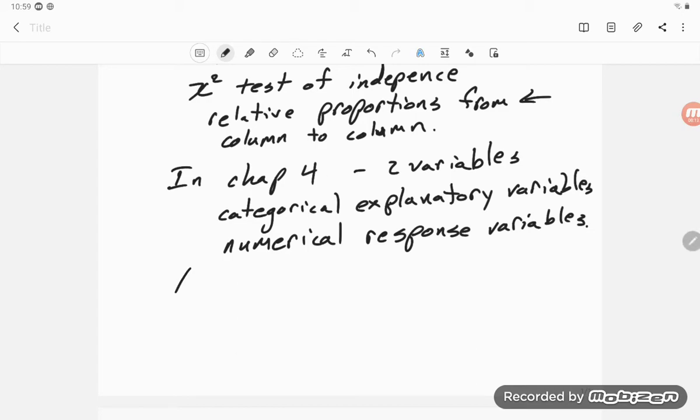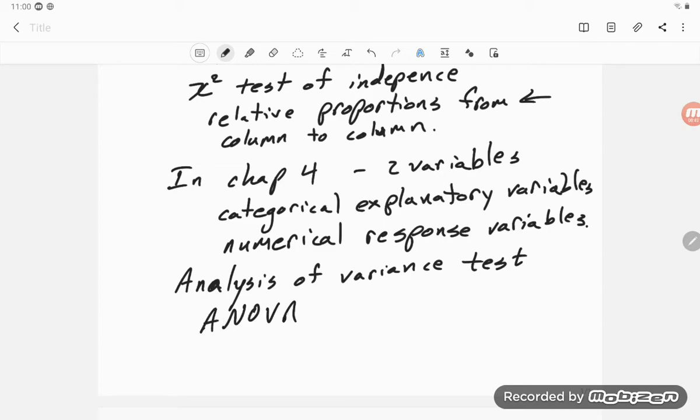But we're going to use mostly the analysis of variance test. It's usually referred to as an Anova,